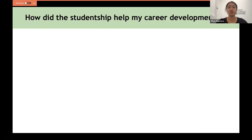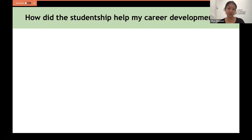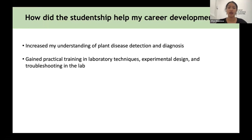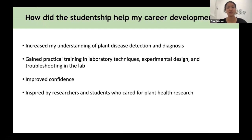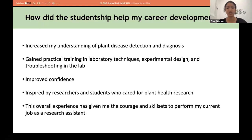Having the opportunity to join the studentship was a wonderful experience. The experience increased my understanding of plant disease detection and diagnosis. I've gained practical training in laboratory techniques, experimental design, and troubleshooting in the lab. I've improved my confidence and also been inspired by researchers and students who care for plant health research. And this overall experience has given me the courage and skill sets to perform my current job as a research